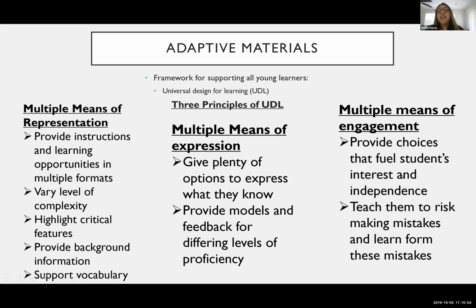Okay, multiple means of engagement. One of the biggest things in this area is we want to model that it's okay for children to make mistakes, that it's okay for them to learn from those mistakes. When we're punitive for children who make errors when they're trying something, that's going to affect their interest and motivation to try something again. And so instead, if we can facilitate their learning through that mistake, they're more likely to try again and again and again, because they realize it's okay if they don't do it right. They can have another chance. They can progress in their ability to do that skill.